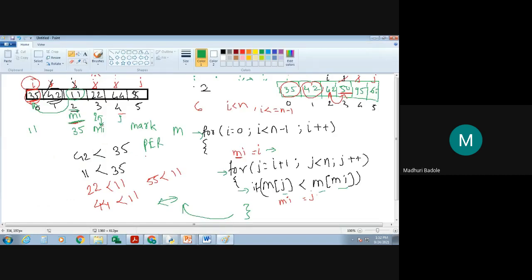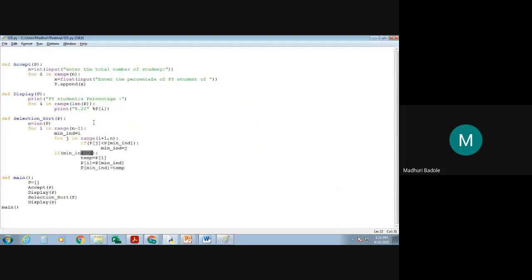In our case, minimum index is 3 and I index is 3, so there is no need to swap. But if my minimum index is different from the I index, then it is needed to swap. So I can use this statement as well. And as you said, if the minimum index is equal to I, then you are going to continue. Is it clear now?